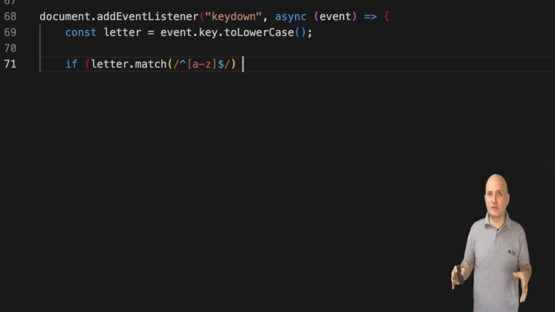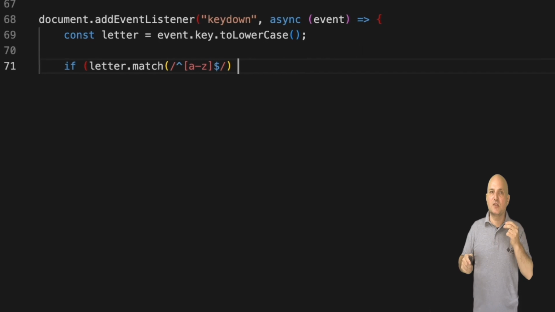Notice that weird syntax the match method received. That is a regular expression. A regular expression is a special pattern matching syntax. It's a general computer concept that's not specific to JavaScript. The control character represents the start of the string, and the letter range indicates what an acceptable value would be. I won't dig too much into that syntax since it's a huge subject in its own right.